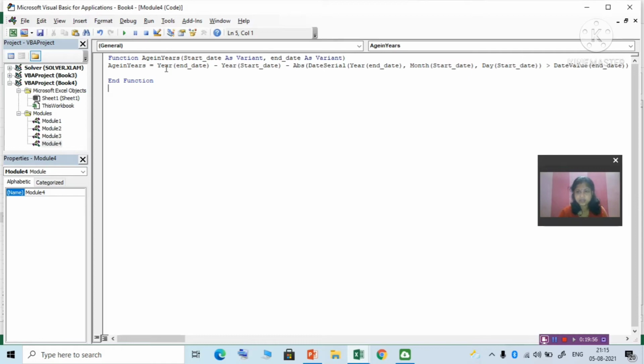Year is a function here which will calculate the year, and month is a function which will calculate the month. Okay. Day is a function which will calculate the day. So some functions are used. So now how to